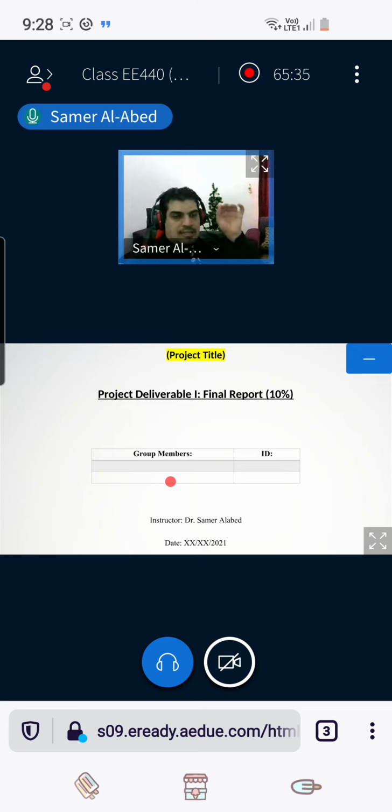If you need to use the same group of the lab, it's okay. If you need to change your group, it's okay. If you need to make 4 students in a group, no. More than 3 is not acceptable. So up to 3 students in each group. Is it clear?